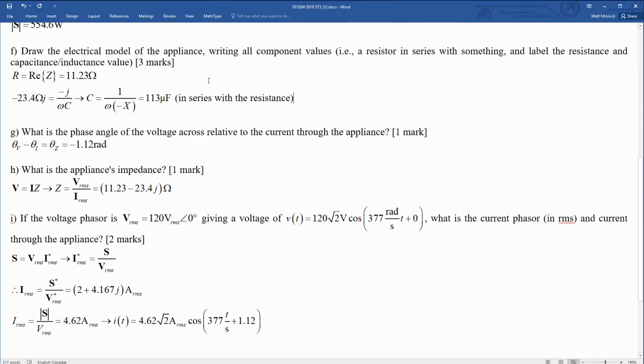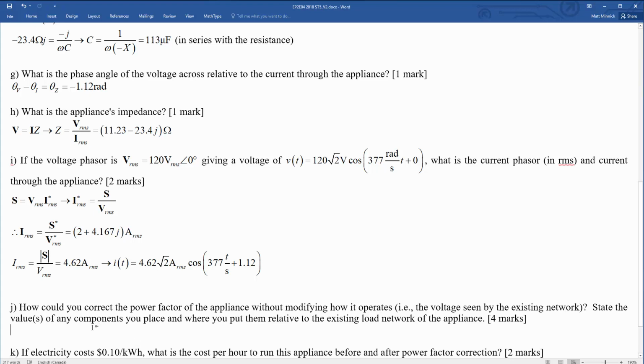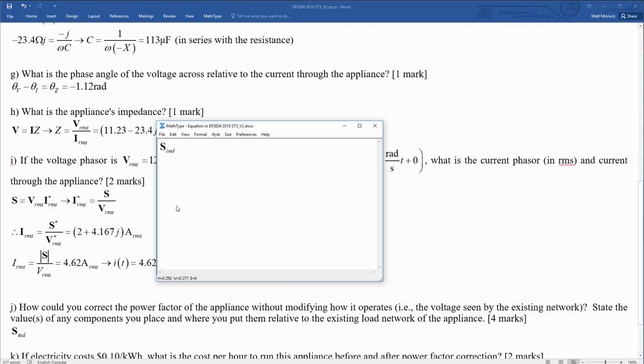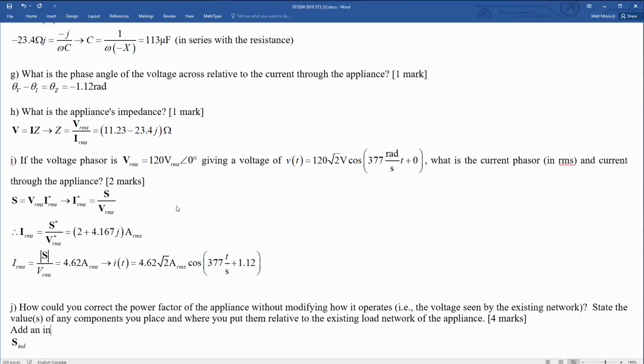So we've got our electrical model, we've got the phase angle, we've got the impedance, we've got the current. How would you correct the power factor without modifying how it operates? So this means we have to put something in parallel with it so that it still sees the same voltage. And the idea is that because we've got a capacitive impedance, we're going to need to add an inductor, so let's just write that down. Add an inductor in parallel